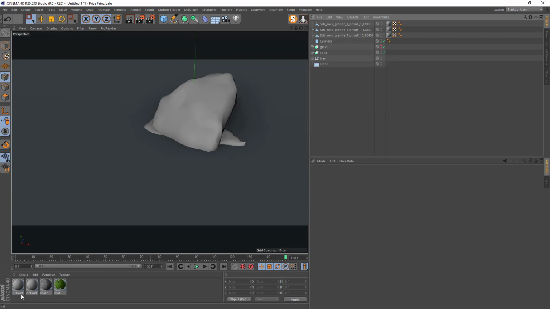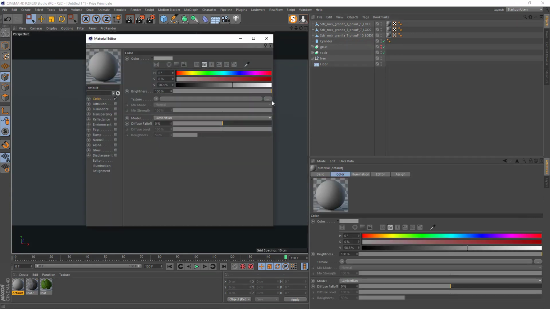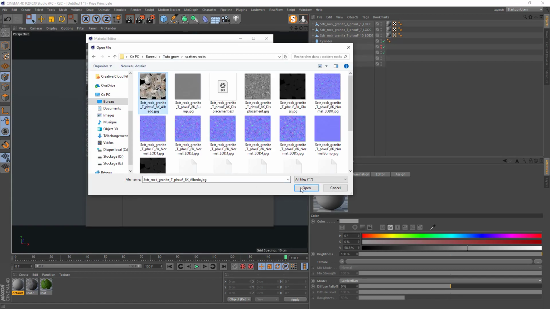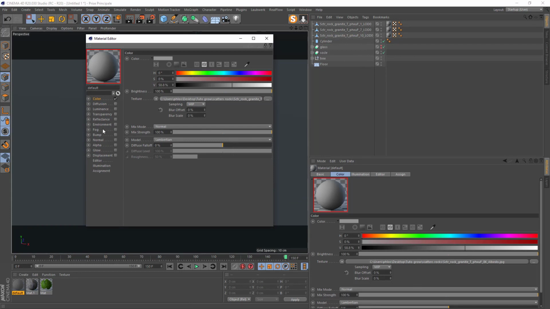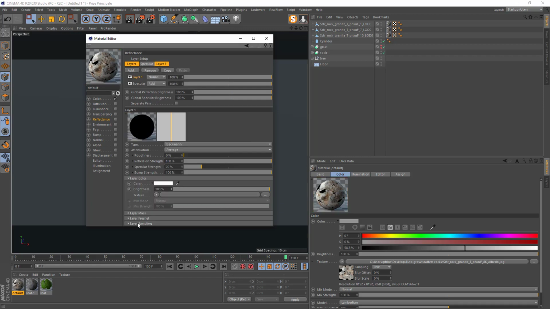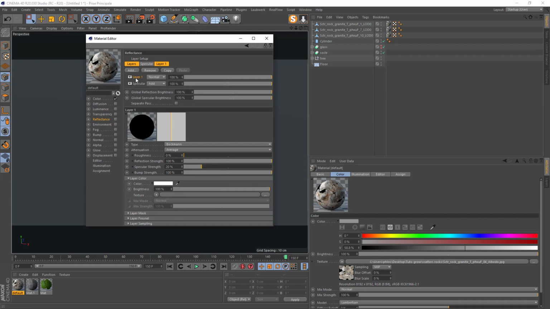I delete this material, go there, color, this one, open. We don't really care about reflectance, but I will add it anyway. Go to layer, Beckmann, layer Fresnel, dielectric.